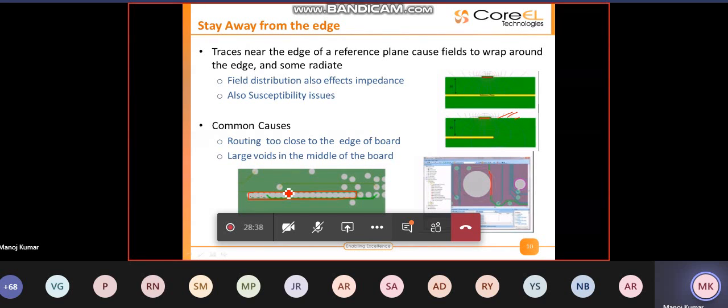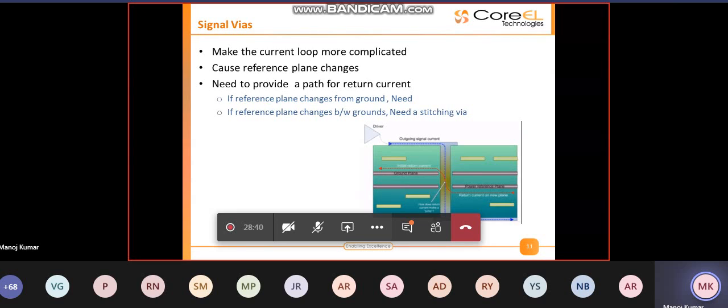Okay. Now we will also see what are the other challenges we have in terms of radiative